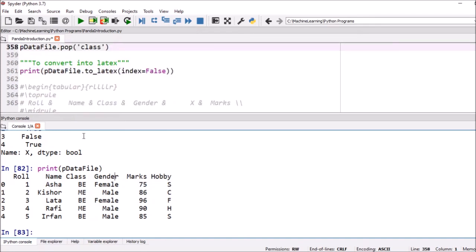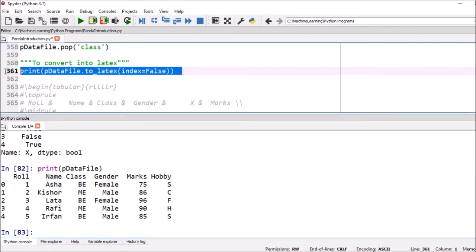Now another very important thing is there, convert into LaTeX. We have seen our research paper, we have to insert tables as results. Okay, so converting data into LaTeX is a very tedious job. That we can do using this particular function, and it is very effective.